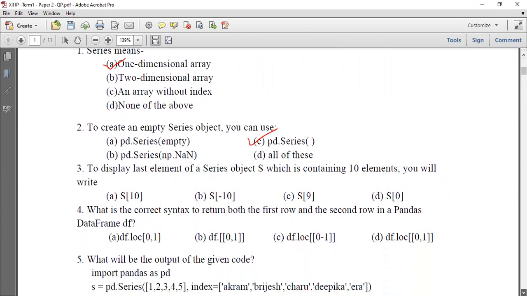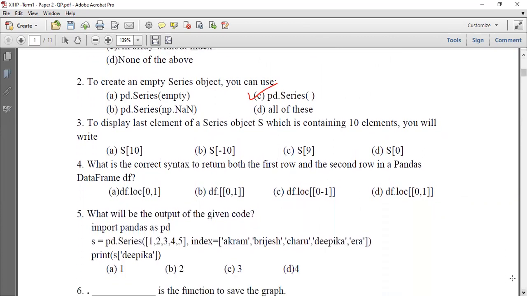To display the last element of a series object with 10 elements, which syntax, code or statement will you write? It's already given that 10 elements are there and the indexes are not specified, so the default index starts from 0. Since there are 10 elements, the last index will be 9.